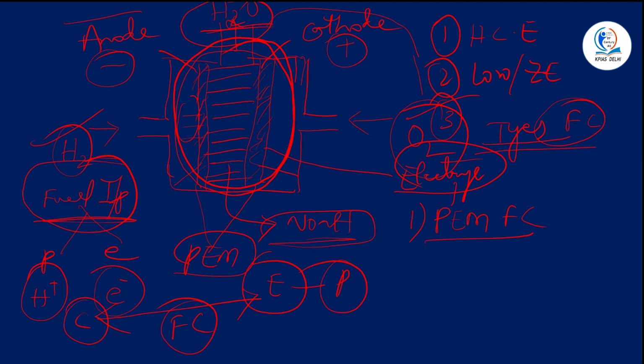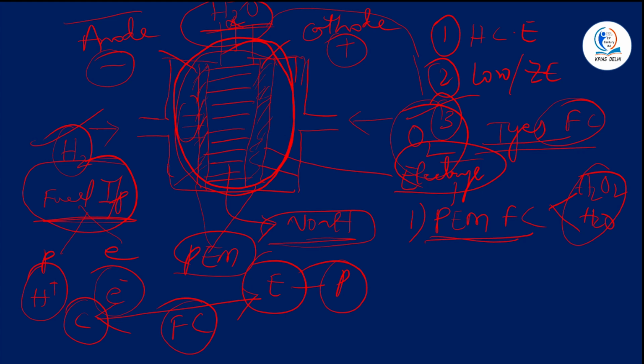So they need only hydrogen. In this particular PEM fuel cell, polymer electrolyte membrane, what you need is only hydrogen, only oxygen from the free air, and water to operate. These are the things that are required for PEM fuel cells, polymer electrolyte membrane fuel cells. You need only hydrogen, oxygen and water. This is acting as an electrolyte or polymer or a catalyst.